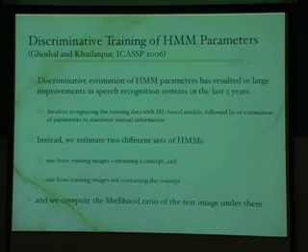Next big thing that has happened in speech recognition is people have figured out how to do discriminative training of these hidden Markov models. So the idea is don't just maximize the likelihood of the training data, the annotated images that you see, or the annotated transcribed speech that you see. Try to maximize the likelihood ratio between the speech and its correct transcription and the speech and its most likely wrong transcriptions. So you're trying to find a likelihood ratio criterion to estimate parameters rather than likelihood. People call this maximum mutual information estimation as opposed to maximum likelihood estimation. There are papers you can read about. It's all fairly standard by now, right?